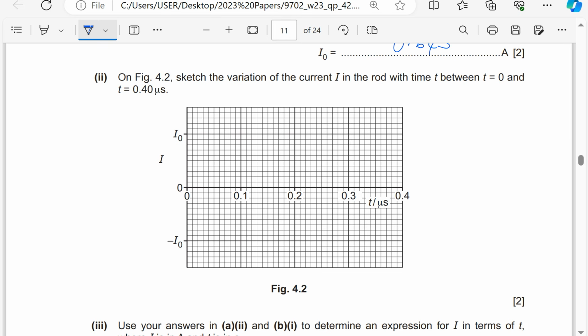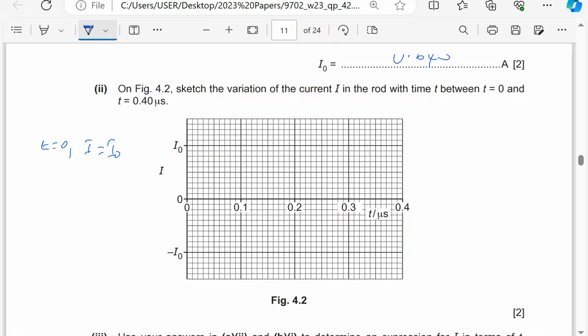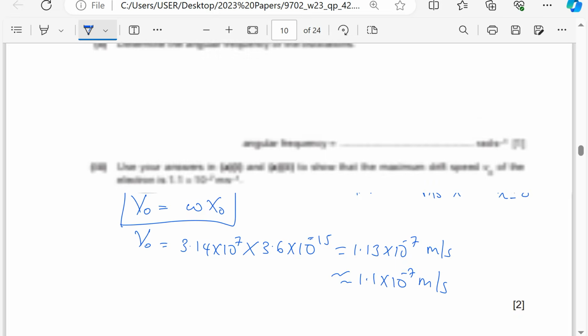On the figure, sketch the variation of the current I in the rod with the time t between t equals 0 to t equals 0.4 microseconds. So, of course, at t equals 0, the current is maximum, I is equal to I naught, because from this previous part,